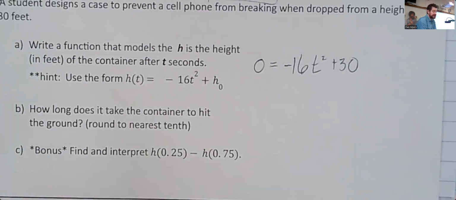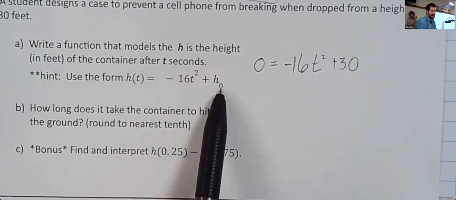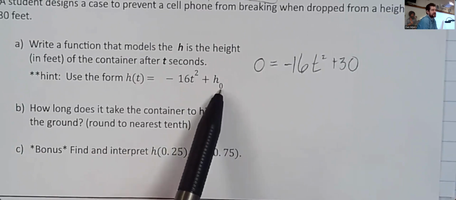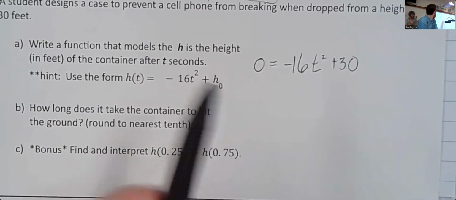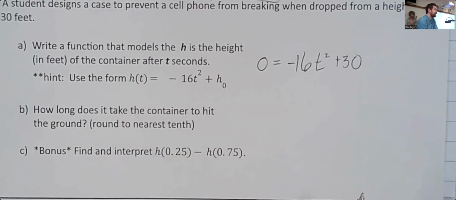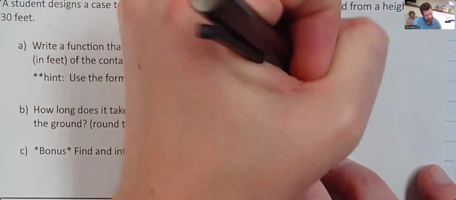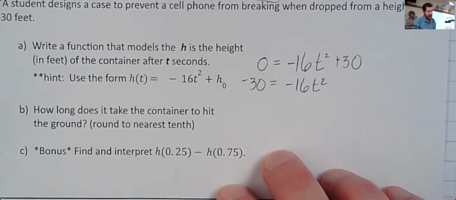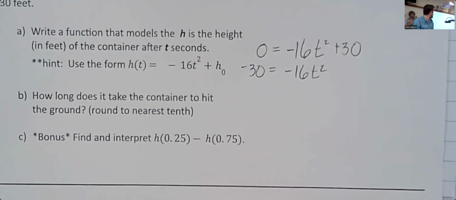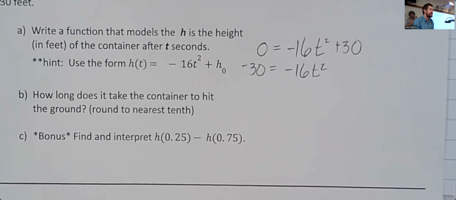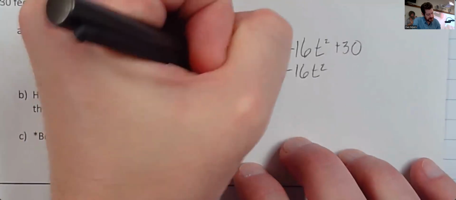So in terms of the height, we know it's going to be 0 when it hits the ground. It started from an initial height. This is the starting value, basically, the initial height. That's all that means there. So now we're just going to do what we did on the first 4 problems. So we're going to subtract 30. That'll be -30 equals -16 t squared. We'll divide by -16 on both sides. So that would be 30 over 16, which would be, those are each divisible by 2. So 15/8. Does that sound right? Okay. So 15/8